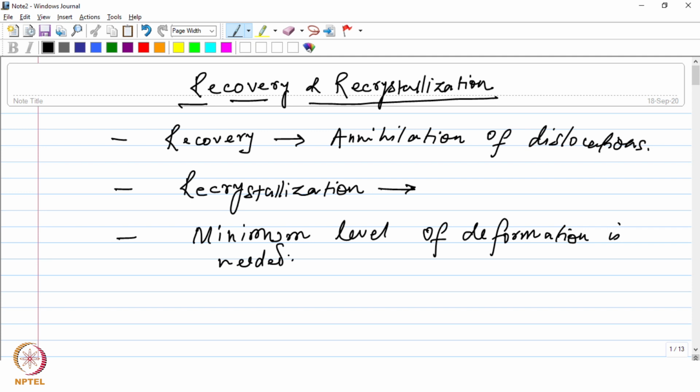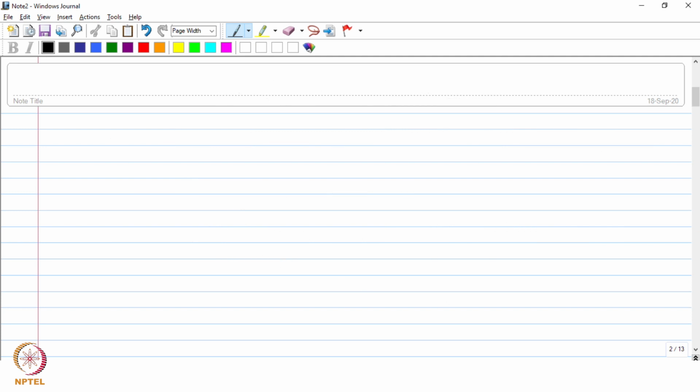This is because the driving force for the recrystallization process comes from this deformation itself, right? So you can say that the driving force for recrystallization